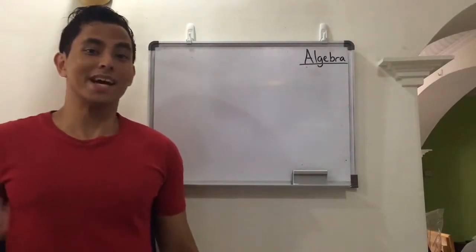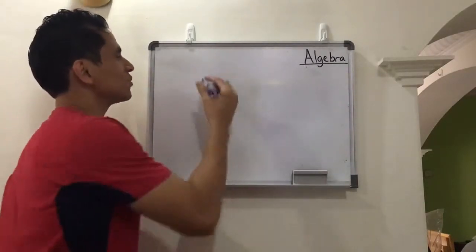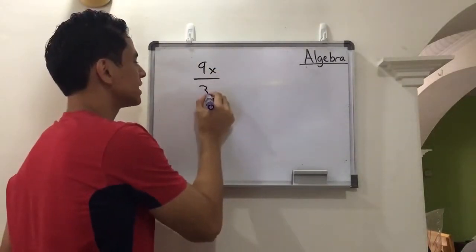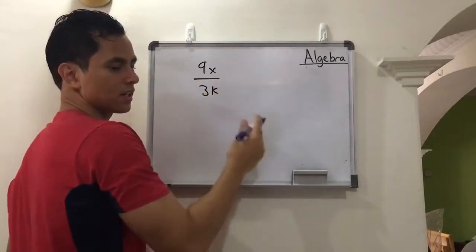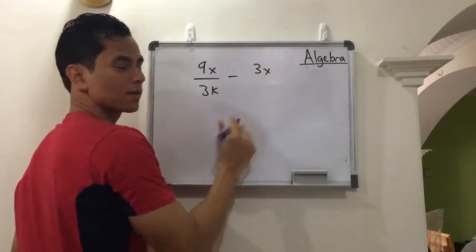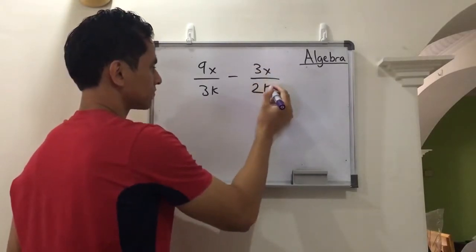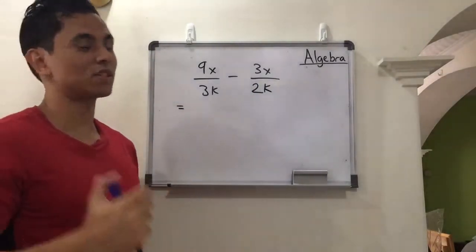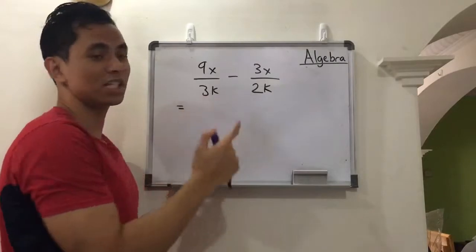So without further ado, here's my first example. Suppose we have 9x over 3k minus 3x over 2k. Alright? So the first thing I like to tell my students when it comes to algebraic fractions,